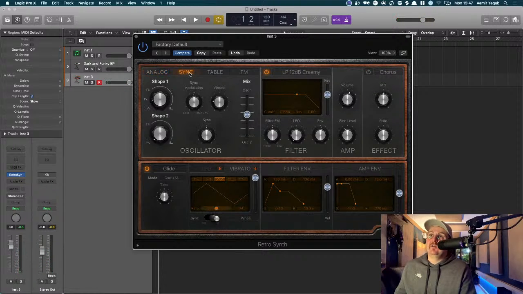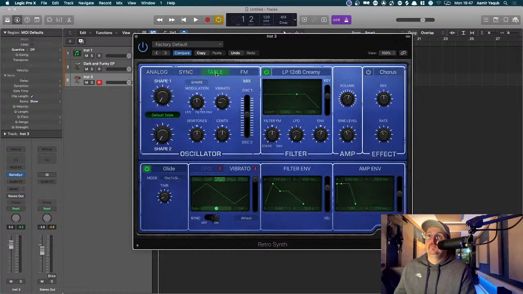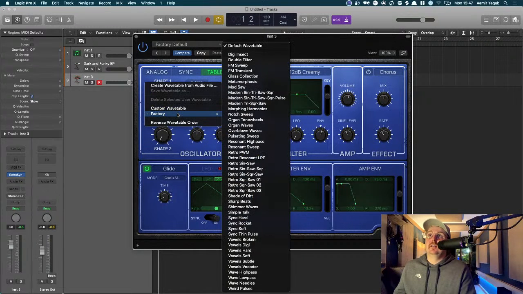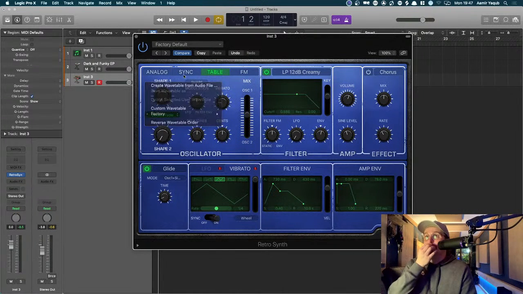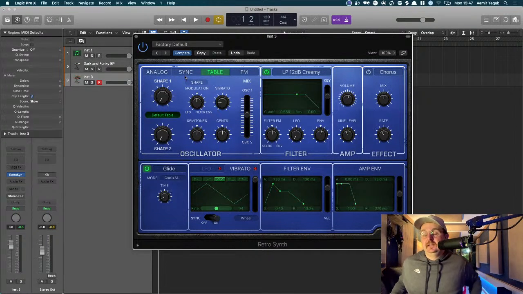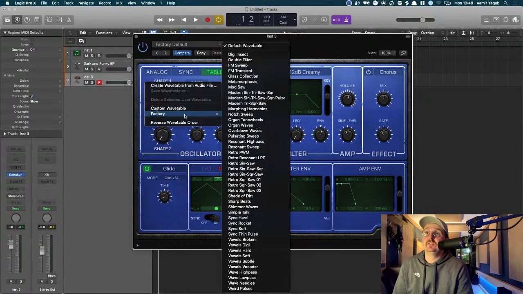Now you can also see back here that you've got different types of synth. I won't go into sync modulation on this one because that's just not useful, but you've got what's called a wave table on here as well. Wave tables are very, very popular at the moment, particularly because Serum, which is a very leading synth, for the most part is using wave tables. And whereas in a normal subtractive analog synth you've got square wave, triangle wave, all that stuff, what this basically does is it models other